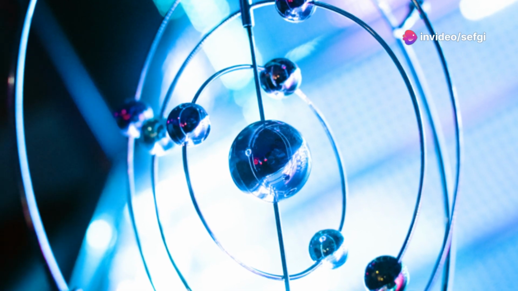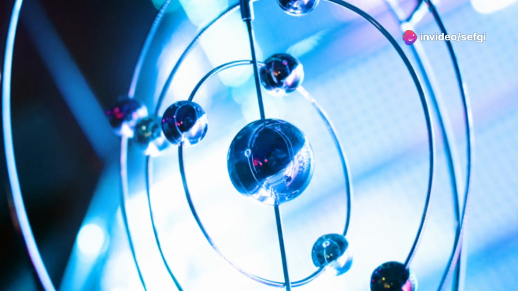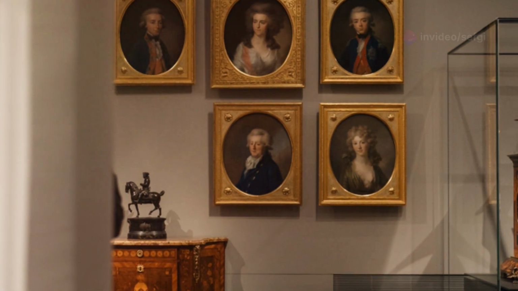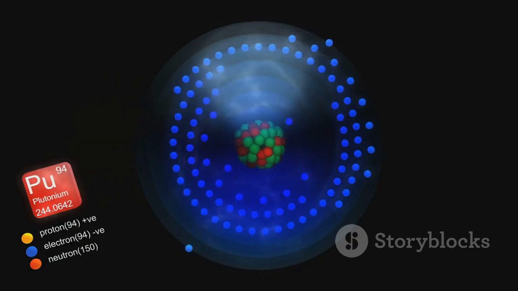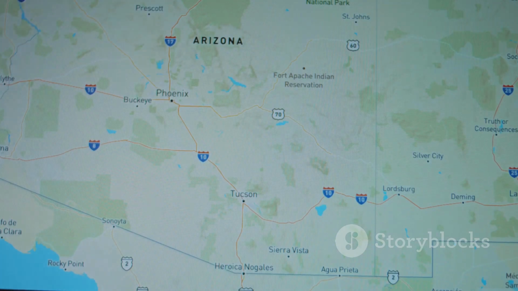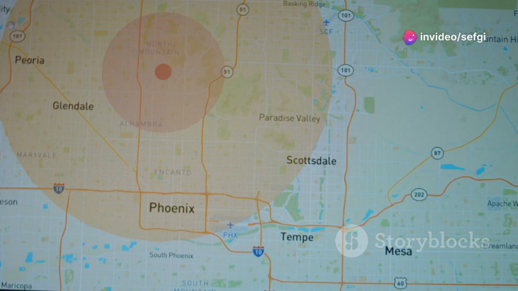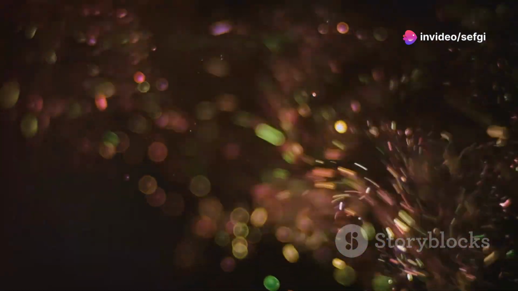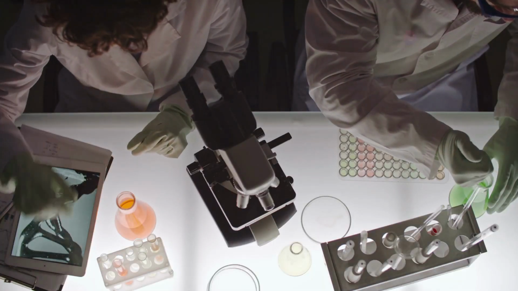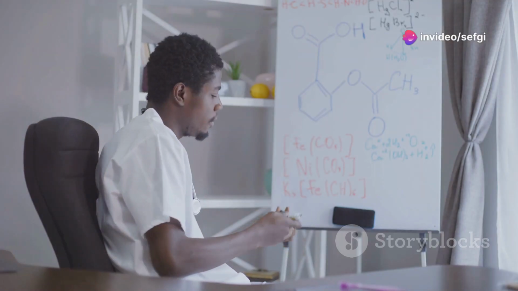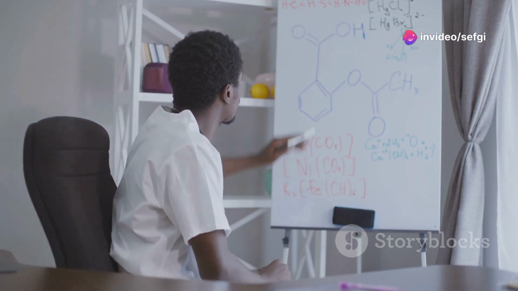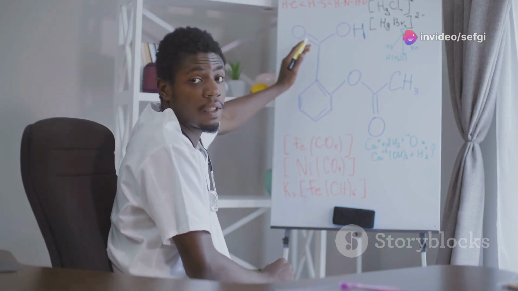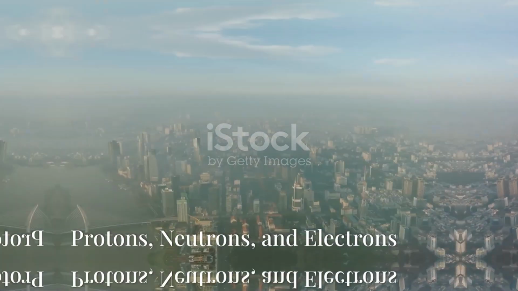Scientists like John Dalton, J.J. Thomson, Ernest Rutherford, and Niels Bohr made groundbreaking discoveries that revealed the true nature of atoms. Through a series of ingenious experiments, these pioneers peeled back the layers of the atom, revealing its internal structure. They showed that atoms were not, in fact, indivisible, but composed of even smaller particles: protons, neutrons, and electrons. These discoveries revolutionized our understanding of the universe. They provided the foundation for modern chemistry and physics, and they opened up new avenues of exploration into the nature of matter and energy.